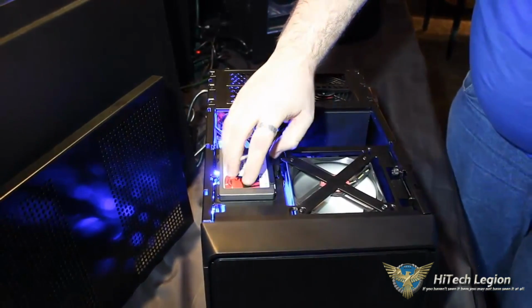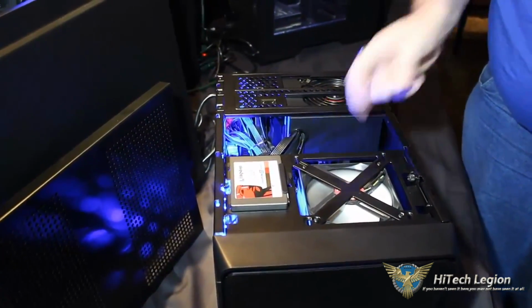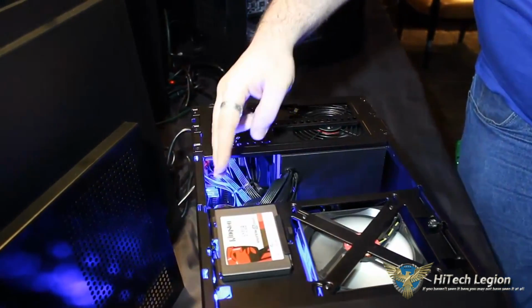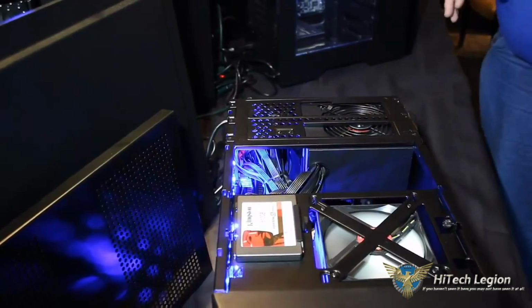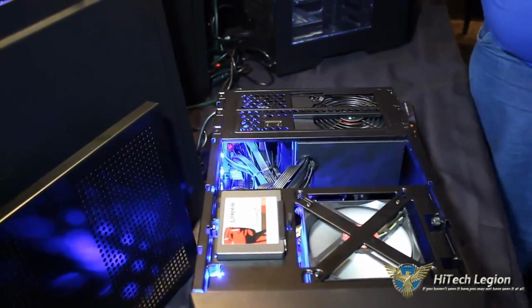You have an SSD mount here, and we removed where the hard drives used to be here. Now they're under where the water unit would be. There's a 2-drive mount there. So by removing it from here, now you can run any length graphics card and be perfectly fine, and you can run 2 graphics cards. So technically, obviously airflow dependent, you can run some super high-end dual graphics card and just have an amazing small